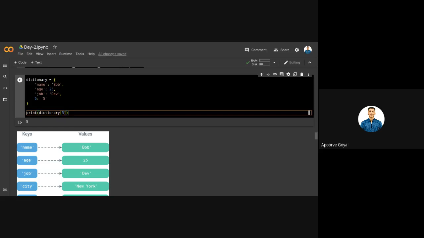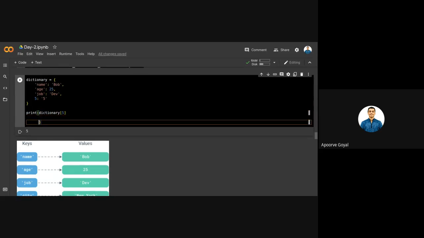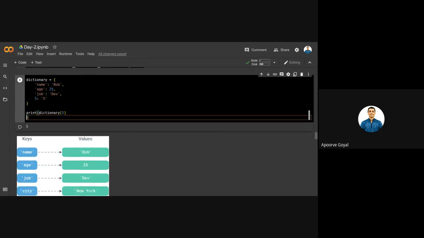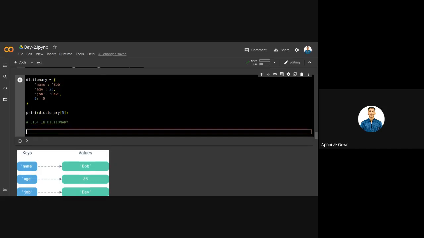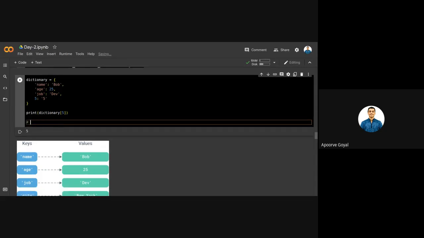So this is how you can define a dictionary, and there's an important concept here: you can also define a list in a dictionary. So what is a list in a dictionary? That's pretty simple. Let me tell you this way.